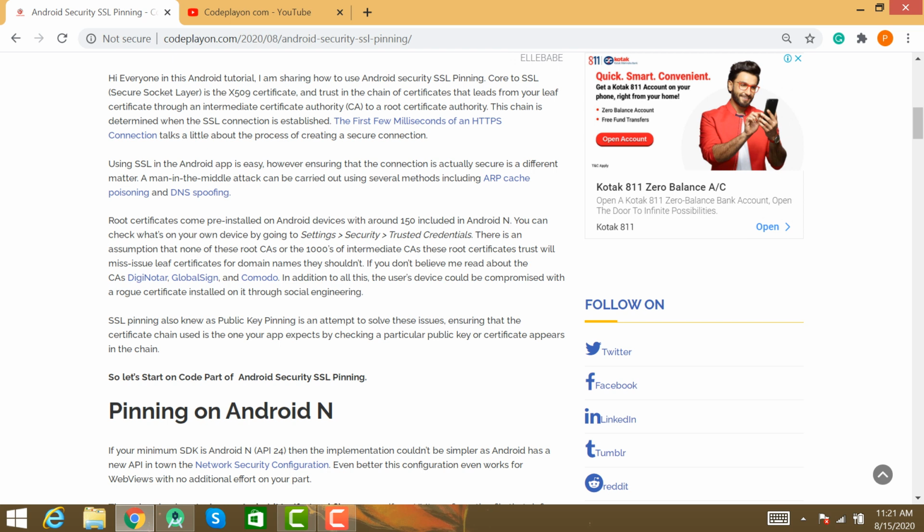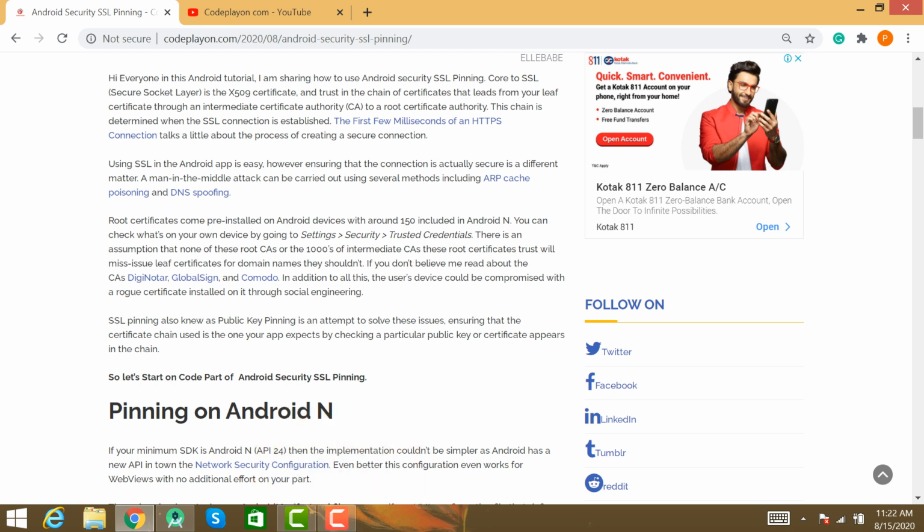SSL is Secure Socket Layer, which manages your REST API connectivity to your mobile application with the SSL certificate, making a chain of trust from the leaf certificate through the intermediate to the root authority of your APIs and your server.